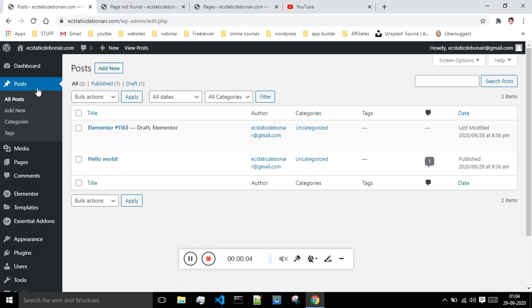So basically today we will be looking at this post tab. Okay, so how to write a post and what is this post and how to categorize them, everything. So now this is the post tab,